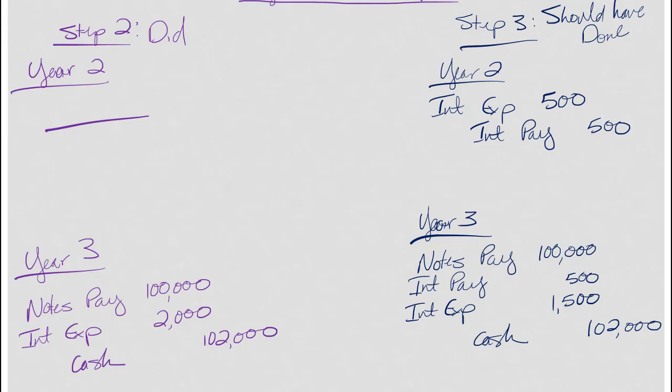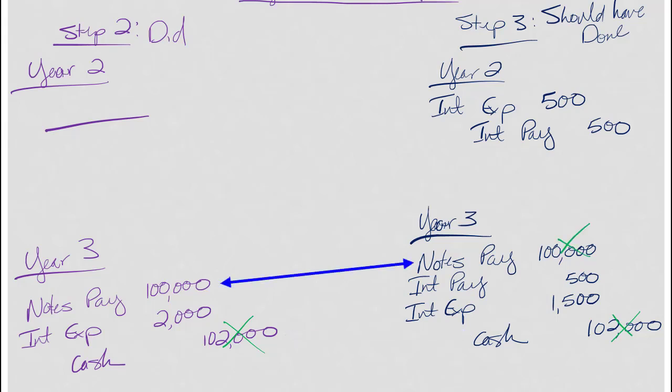The next thing I need to figure out are what accounts need to be fixed since my year 3 books are still open. What I'm looking for are accounts that aren't currently right. So let's take a look. I really did pay out 102 in cash, and I showed that. What I did matches what I should have done, so I don't have to worry about it.